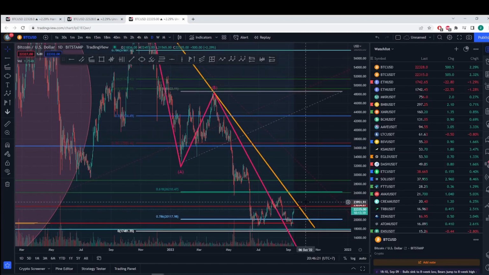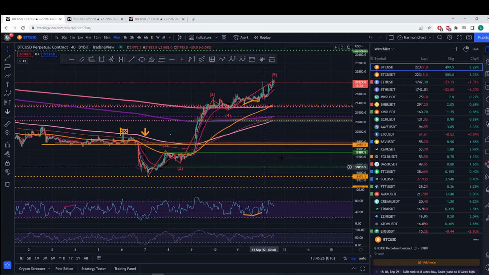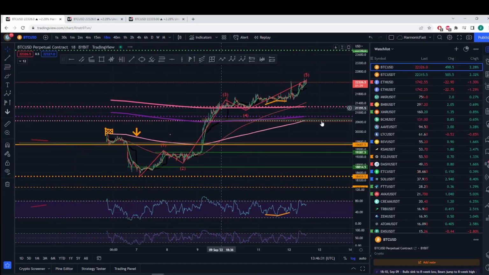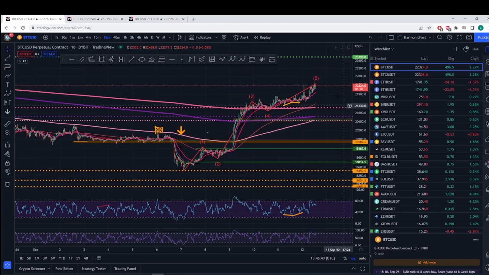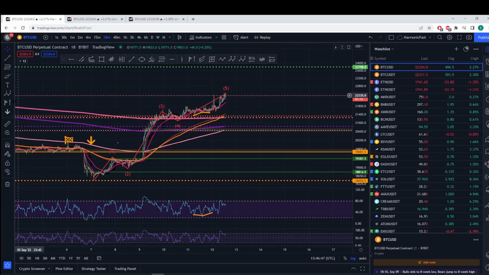Okay, so we're at a critical level, and how I will be approaching this market is basically looking at the lower time frame, so the 18-minute, 40-minute at this moment, but normally the 18-minute, and I would look for these EMAs to form a certain confluence where I can basically start entering longs, right? So currently I'm counting 5 waves up, so there's no need to enter right now. I would want to see an ABC correction down. Now, if this were to become a small ABC correction, that would be enough for me to enter